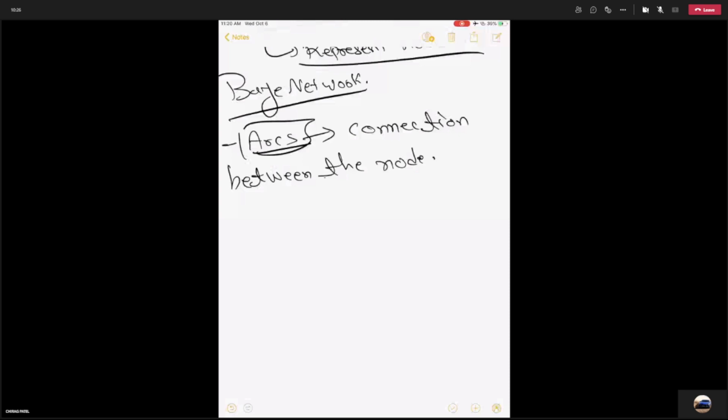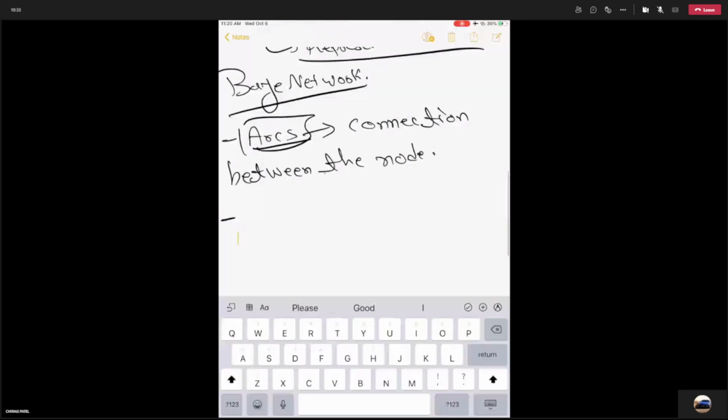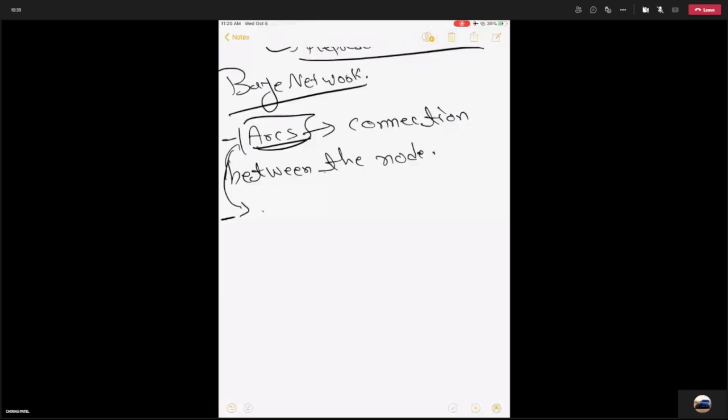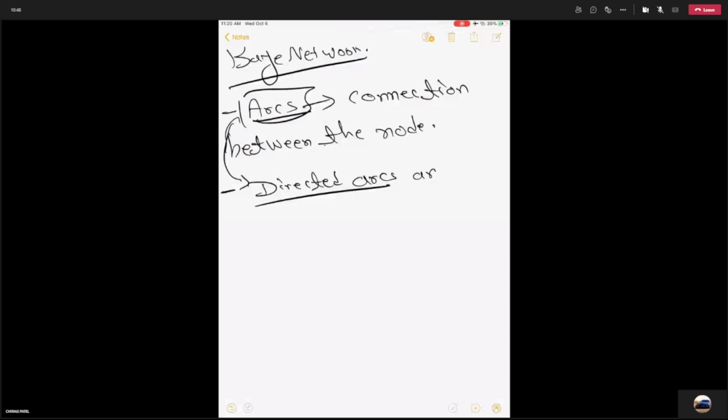Third major point, your arc is a directed arc. We will see the example about it, and it shows conditional